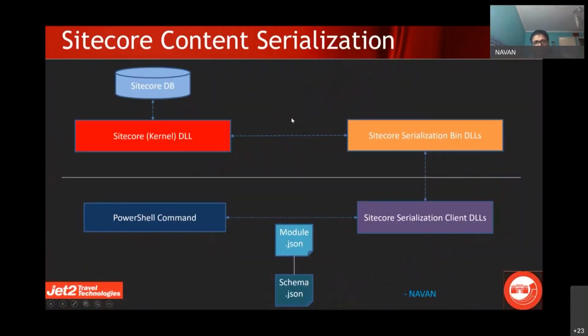Okay, good. So this is the high-level diagram that I did for content serialization, but what it actually means, it would be good if we can look at some of the examples and then come back to this. This is actually new to me also, because I have not dived so deep into the DLLs until the last one month or so, where I started looking at the kernel and, mainly in terms of Sitecore serialization, what those DLLs do internally. But as I said, let's get to the next slide and then come back to this.